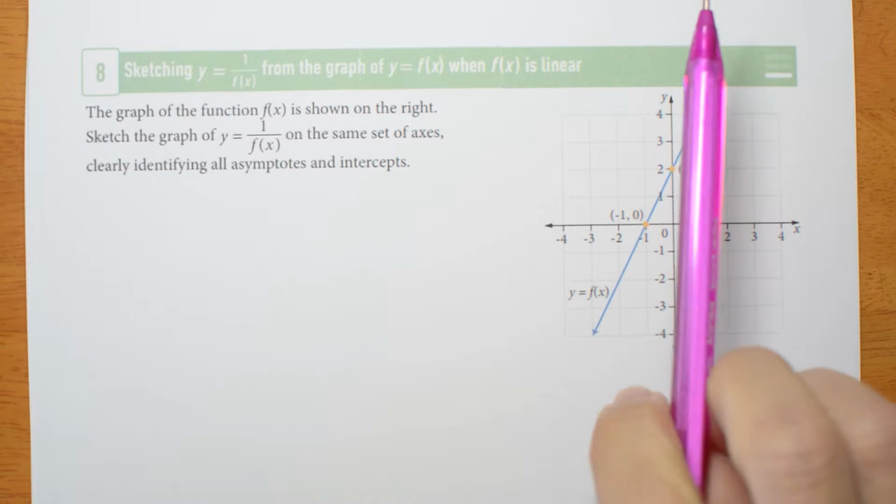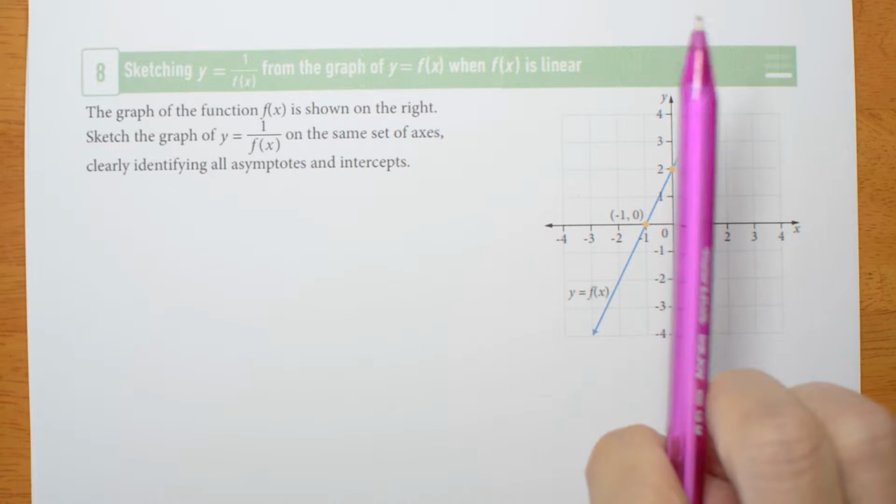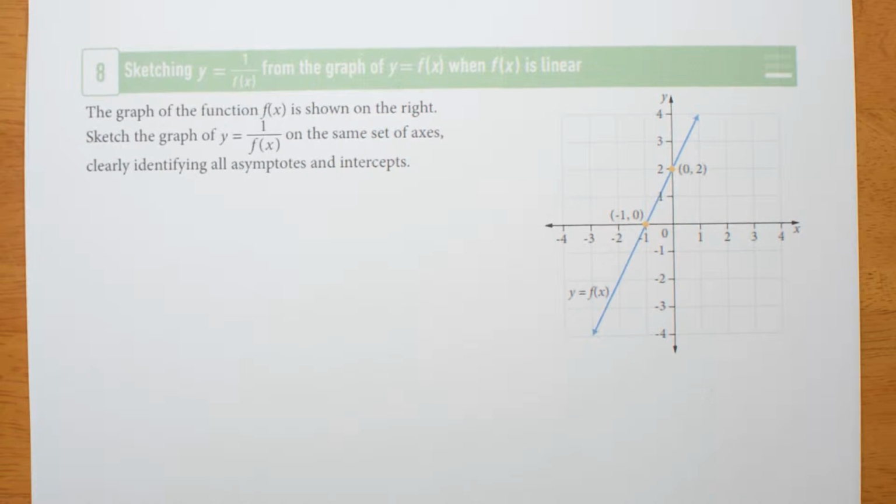Or it could be a vertical line. I wonder what the reciprocal of a vertical line would look like. But apart from those two cases, it's always going to look like this. So,